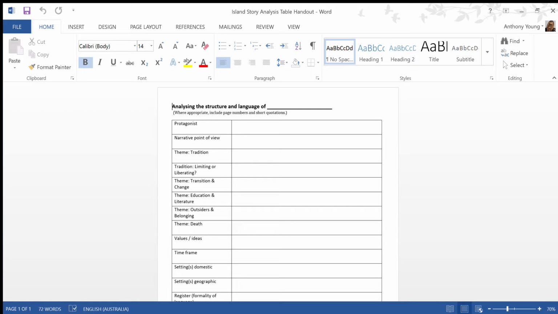So I just thought I'd go through what each of the fields essentially means, because I think sometimes they're a little bit unclear, and also just the sort of stuff that you might put in there. Okay, so